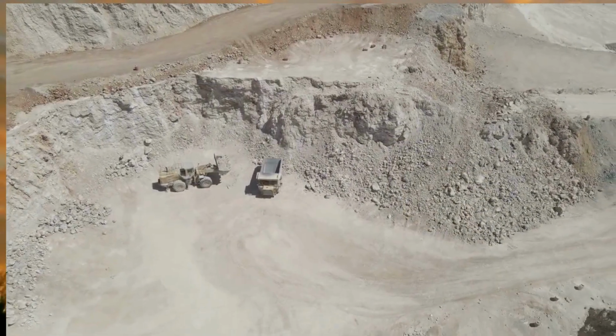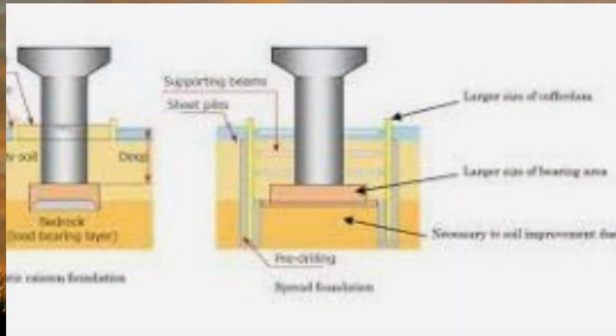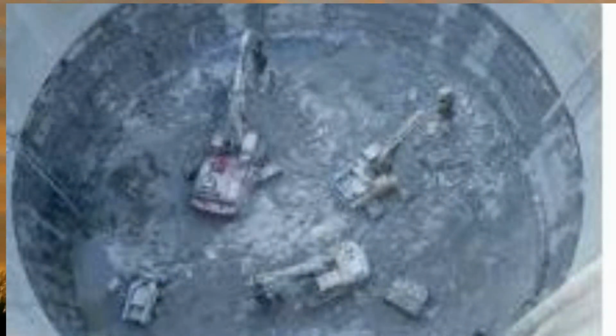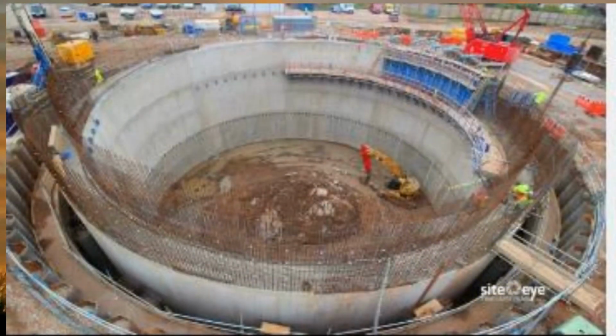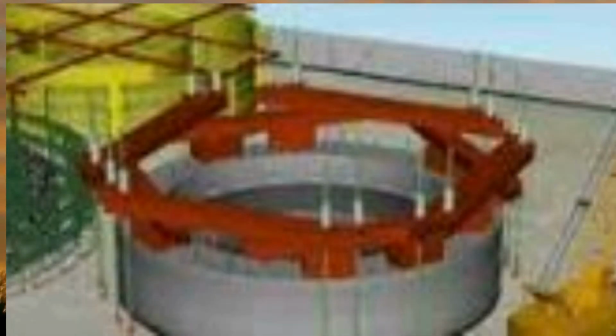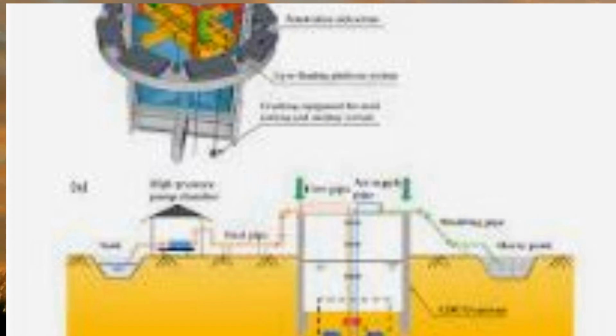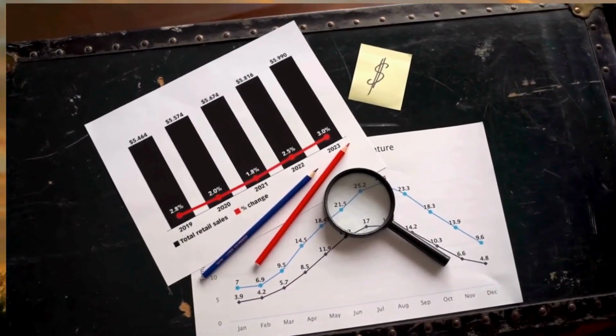5. Excavation and removal: continued removal of soil, with workers depicted inside the caisson in the case of pneumatic caissons. 6. Filling with concrete: concrete being poured into the caisson to solidify the structure. 7. Final adjustments, ensuring the caisson is level and properly aligned. These diagrams would show cross-sections and detailed views of the caisson at each stage, providing a clear visual representation of